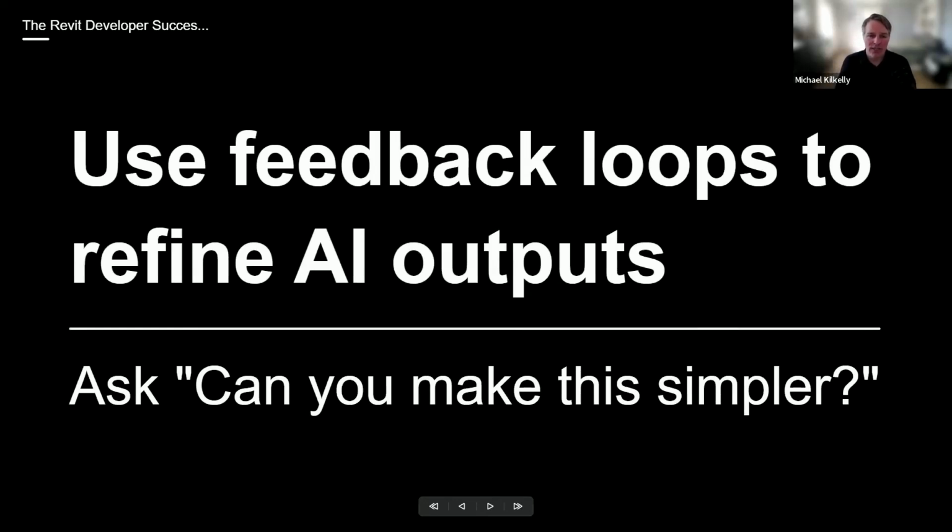So I'll get code, I'll put a prompt in, I'll get the code back, I'll look at it and I'll say, absolutely not. This is way, way, way too complicated. And I'll simply ask, can you make this simpler? And usually Claude is very polite. Yeah, sure, I can make this simpler. Oh, great suggestion. And then I'll iterate through that a number of times, just looking at the output and say,